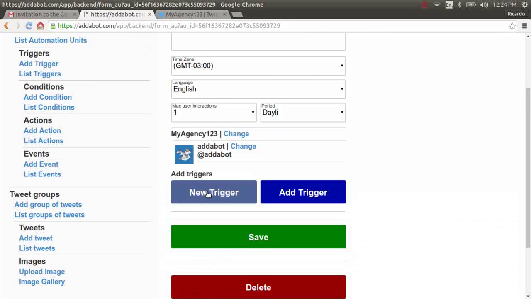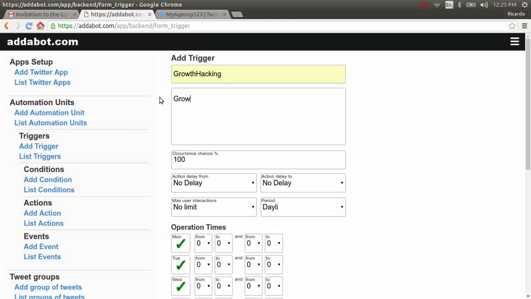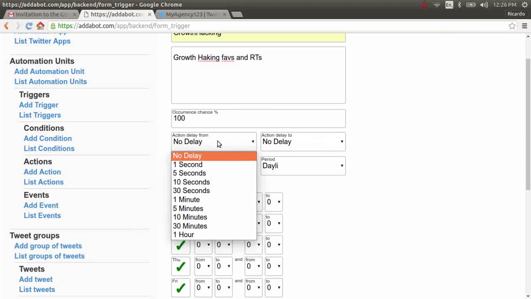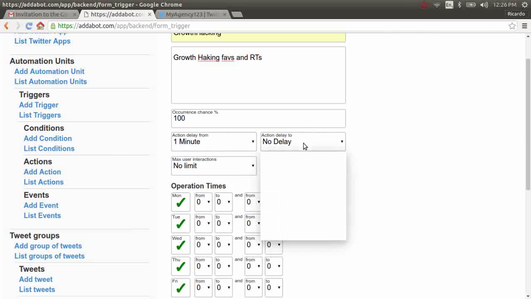Start building it. Add the first trigger. Click on Add New Trigger. In the trigger screen, enter name and description to identify the trigger later. Set occurrence chance. The trigger will fire this percentage of times of total. In this case we will set this value to 100%, so will fire all times. Then, we choose a delay time for the future action to occur. Set a minimum time, in this case to 1 minute, and a variable time of 5 minutes, means that the